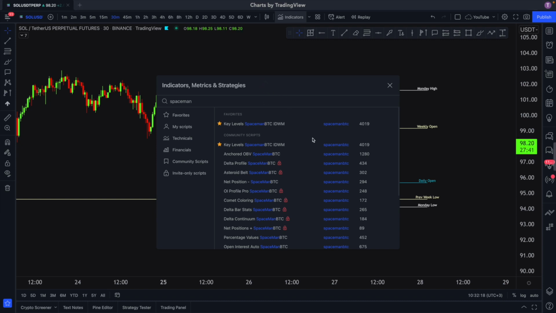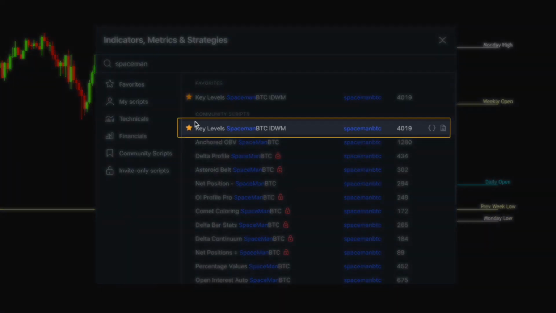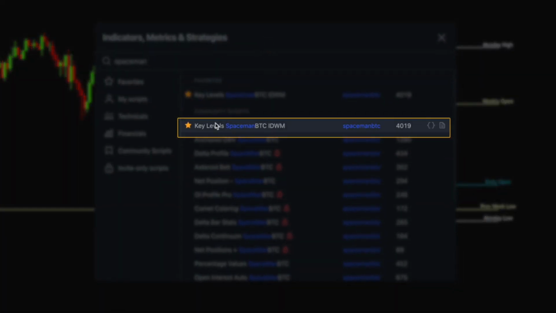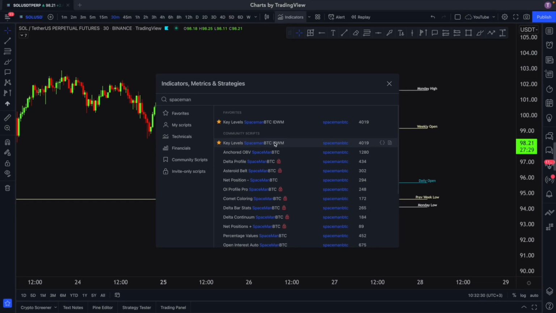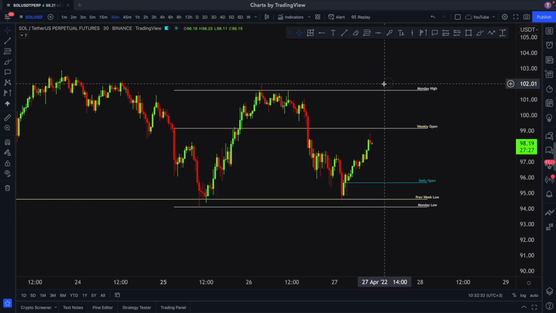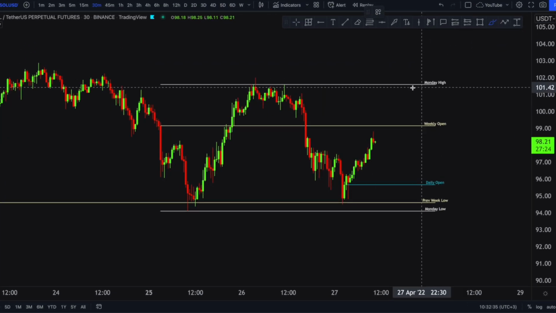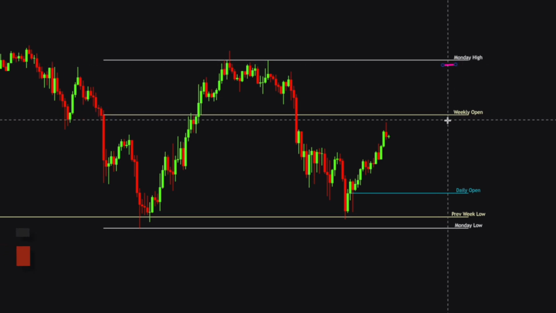There is an indicator that I use all the time before opening a position. The indicator is called Spaceman Key Levels. This indicator is very special. It shows the special price levels as high, low, and mid levels. These are